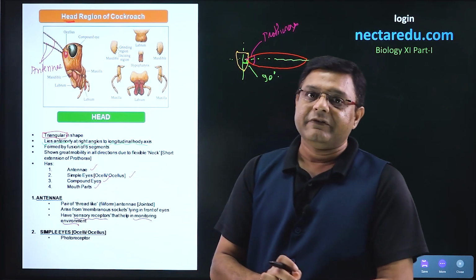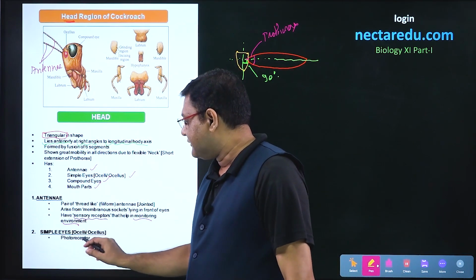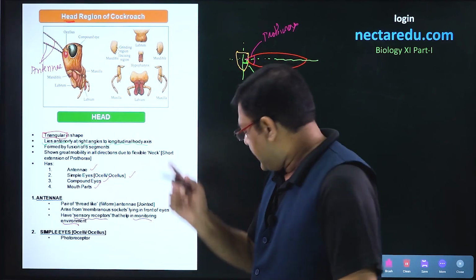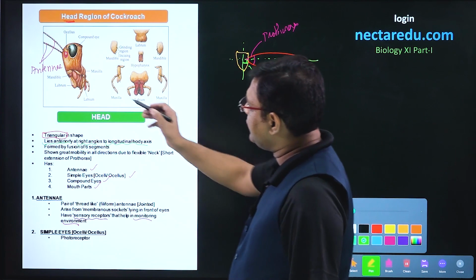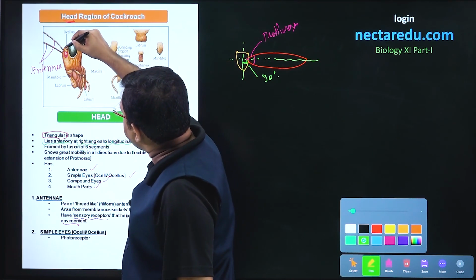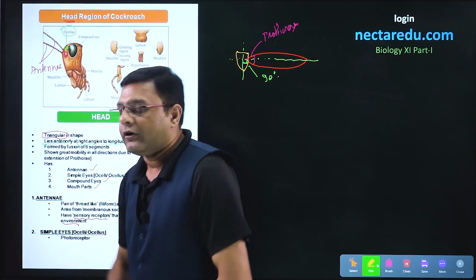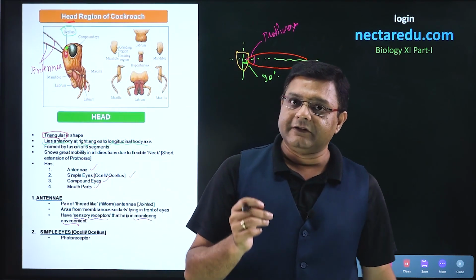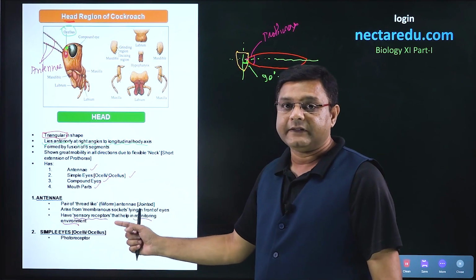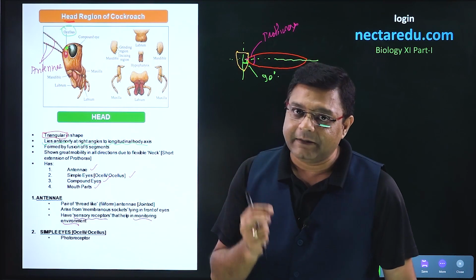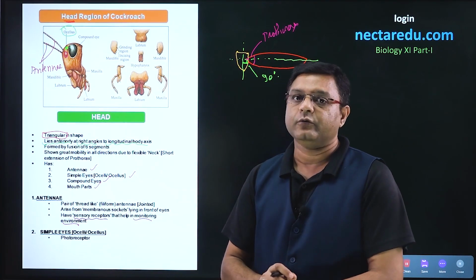After antennae, we come to the second part and the second part is the simple eyes ocelli or ocellus. We will look into the presence of ocelli into this particular diagram. So, these small structures present here, these are the ocelli or ocellus. So, these are the photoreceptors, but image will not be formed with the help of simple eyes because image will be formed of compound eyes that we will be looking into a different video.